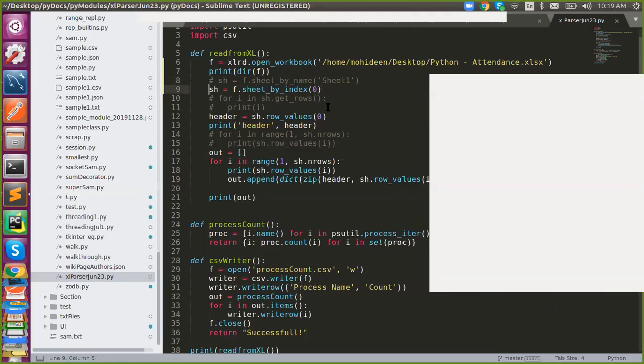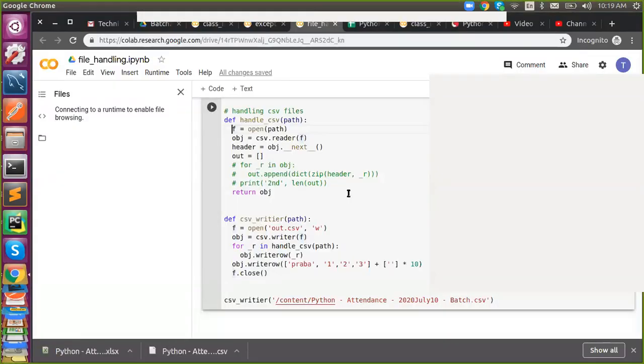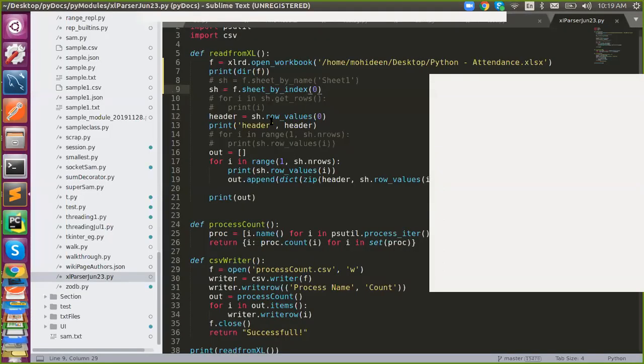So from the sheet, as we practiced in CSV, once we parsed the CSV data from csv.reader, we used the next method to fetch the header, right? Here we are using row values. The sheet.row_values(0) gives you the headers separately, and you need to fetch data from row one to n.